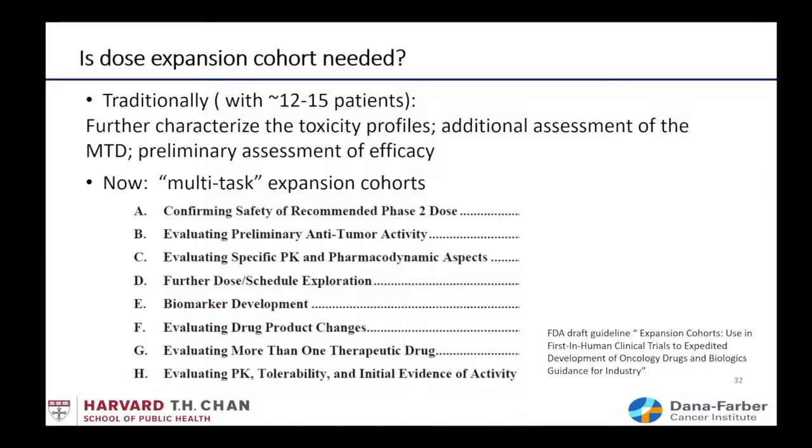I copied this from the FDA draft guideline for expansion cohorts. You can see here, the multitask expansion cohort can be used for confirming safety at the recommended phase 2 dose level, evaluating preliminary efficacy, evaluating PK and PD aspects, biomarker development, and evaluating more than one therapeutic drug. So it really goes beyond the traditional or conventional small-scale dose expansion cohort in